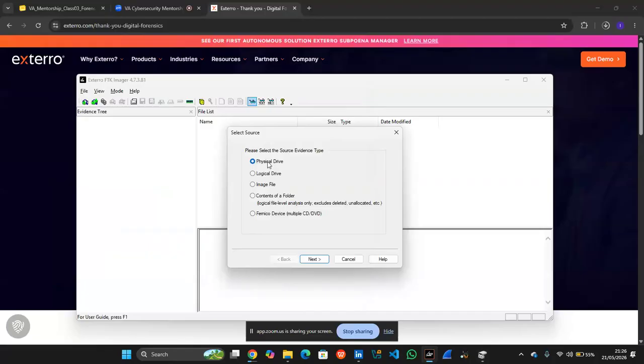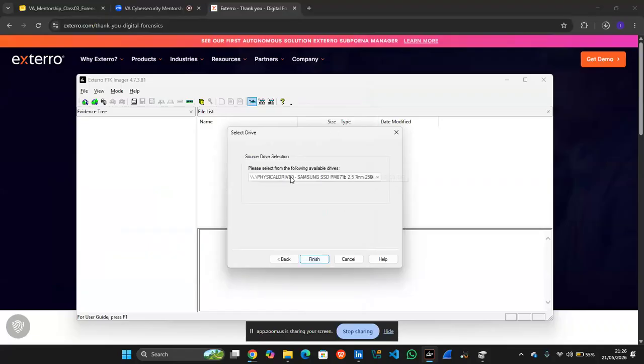So let's choose physical, that's what I'm going to use because I plugged in a USB device which I'm going to be investigating, or which I'm going to be imaging. So I want to be selecting the physical device. I think we only have two physical devices in this computer, in my laptop.